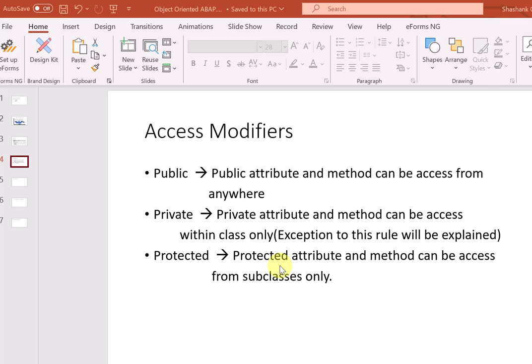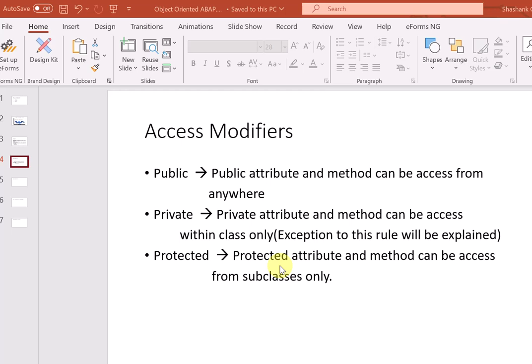So private means, as the word defines itself, it's a private attribute, so you can only call or use the private attribute within the class only. But there are some exceptions which I'm going to cover in another session. So let's move and discuss protected visibility. So protected attributes and methods can be accessed from subclass only. So if you have defined some attributes and methods which are protected, only subclass can access attributes and call the protected methods. Obviously superclass can also access these attributes and methods, but